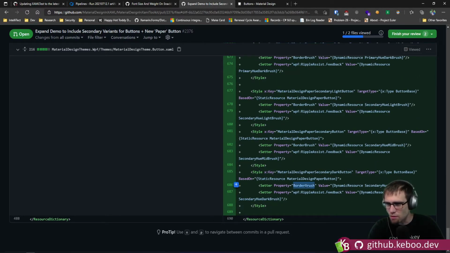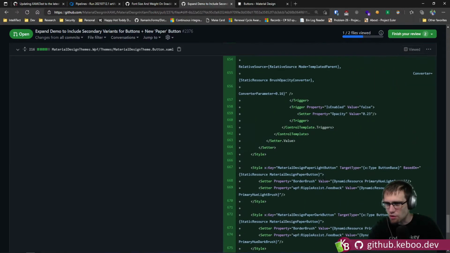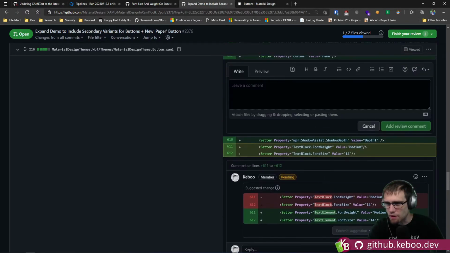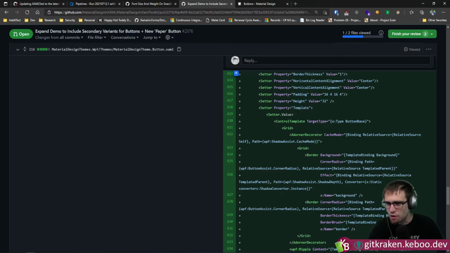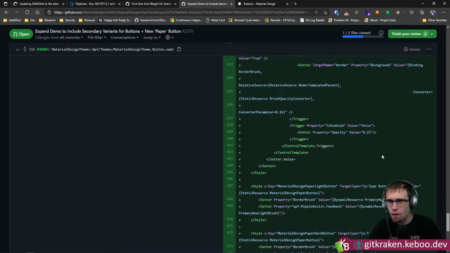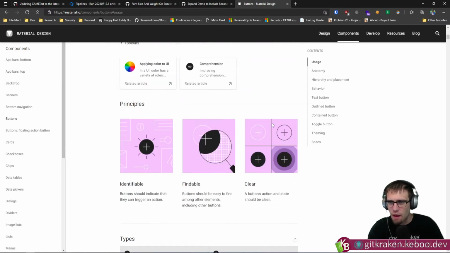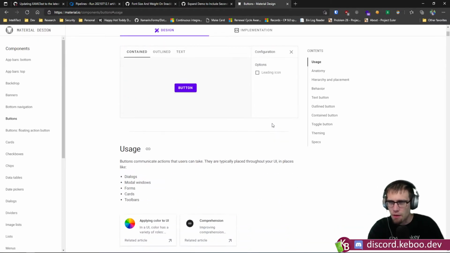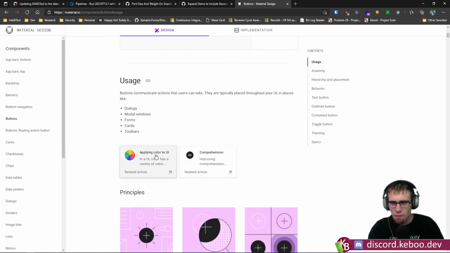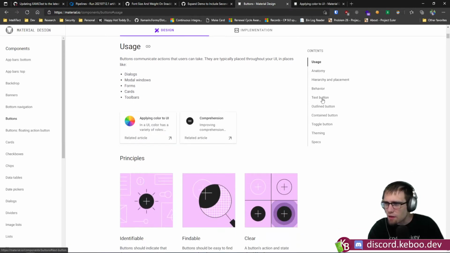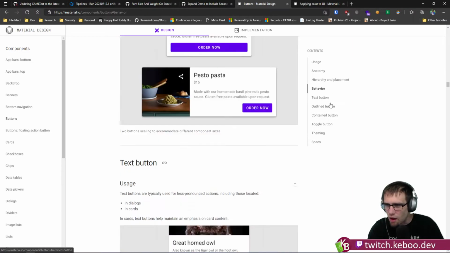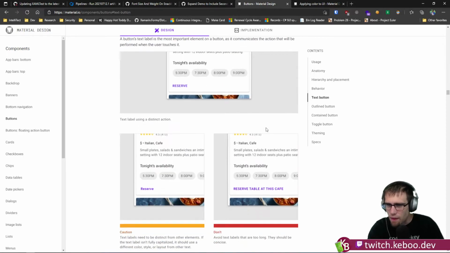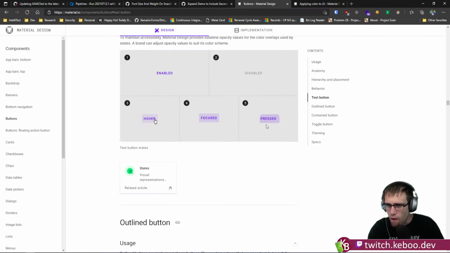So this isn't bad. These are all just paper buttons. The paper button has some default styles. It has the paper and the body brush. I'm just wondering if there is a better name for this. Let's see here. Anatomy. It's not likely to call out that kind of thing per se,